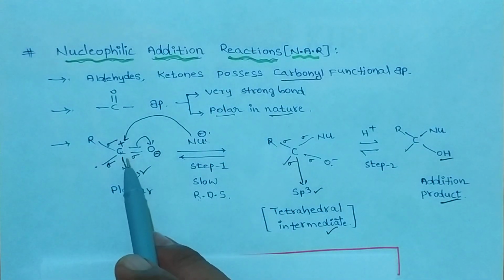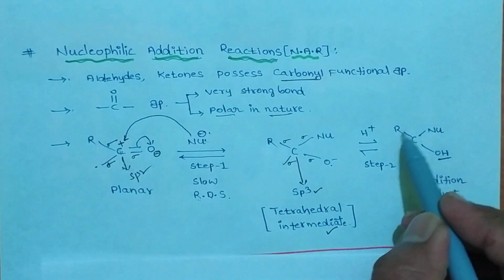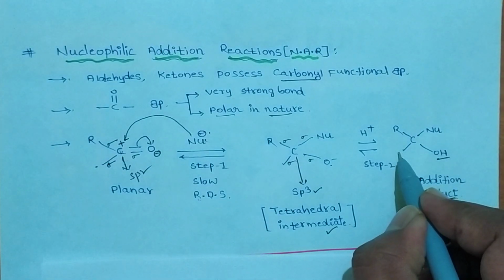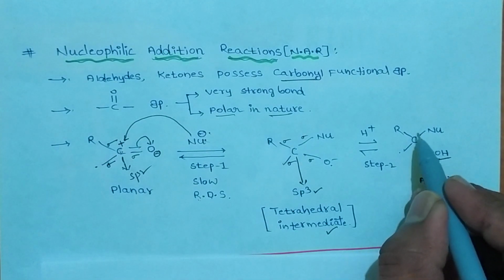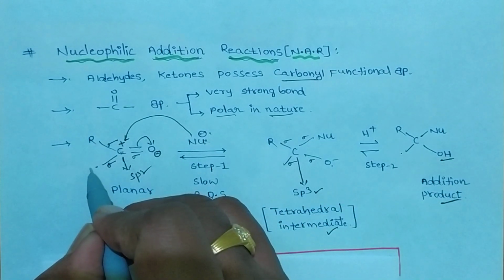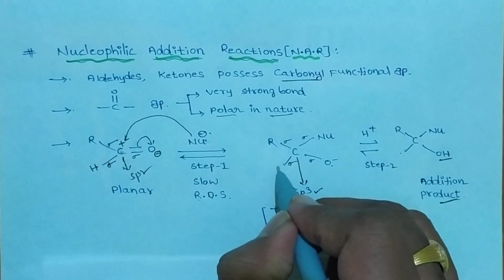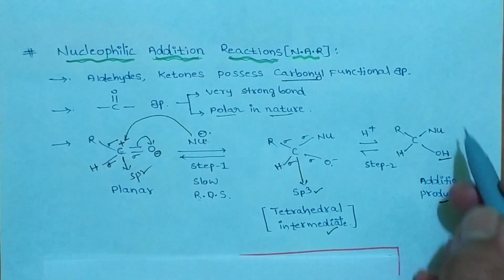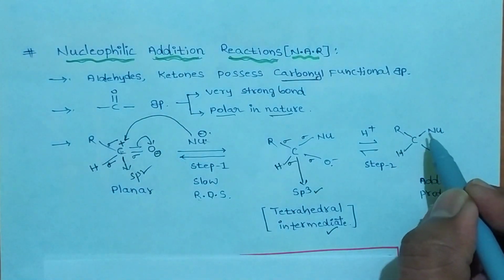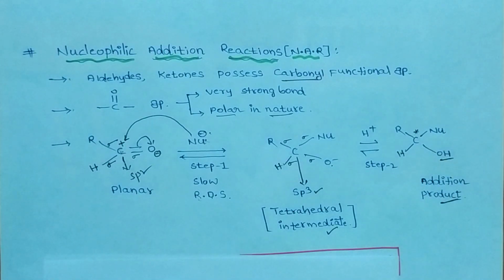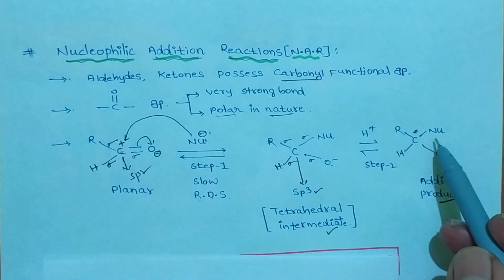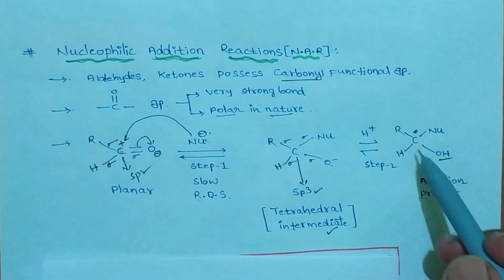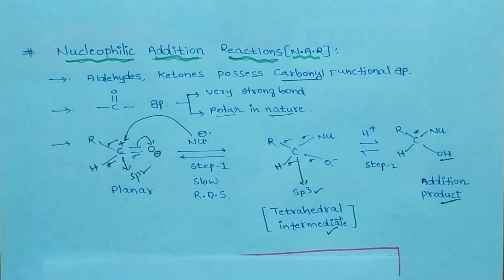So now the sp2 carbon is converting into an sp3 carbon. Now around this carbon, suppose hydrogen is present, this is called a chiral center. Suppose this compound is an aldehyde, and H is taken, then around this carbon 4 different groups are there, so it is called a chiral center. It is an optically active compound because no plane of symmetry is present. It will give its mirror image, a racemic mixture.